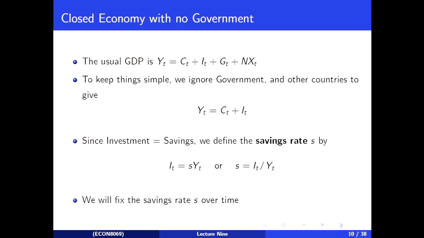Again, to keep things simple, we're going to fix that savings rate over time. We're going to say that consumers save 10% of their income every period, regardless of anything else. Or they save 20%, whatever it is that they save. We are going to assume that the savings rate will be positive, which is not actually always the case, surprisingly. There was a little period pre-GFC when savings rates in a lot of developed countries, notably Australia, actually went slightly negative, which was not good, but that's neither here nor there.